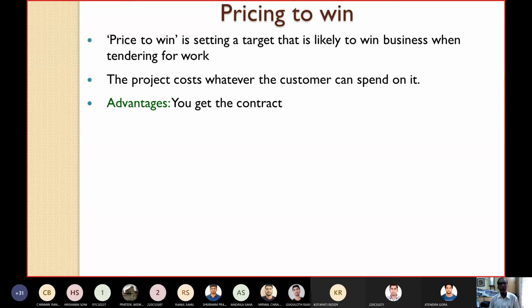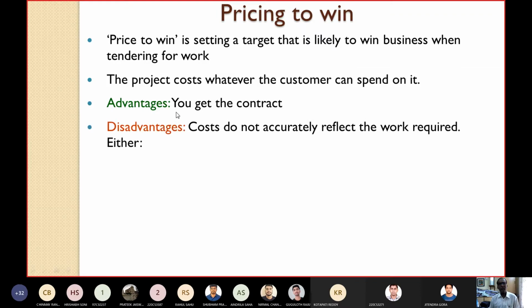The advantage is that since you are deliberately setting a target, you will put a very low cost. So it is highly possible that you can get the contract, because you will definitely try to keep the target achievable, like less cost, less time, etc. So the advantage is that you may get the contract.